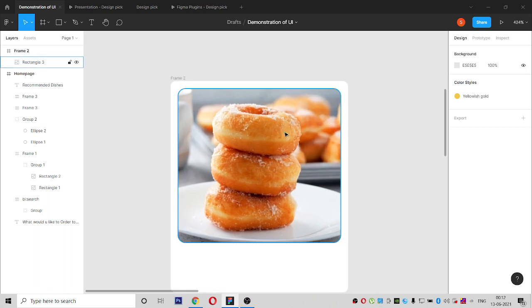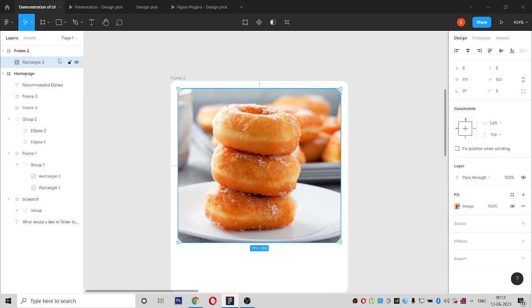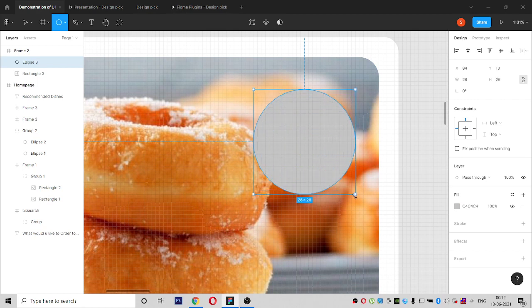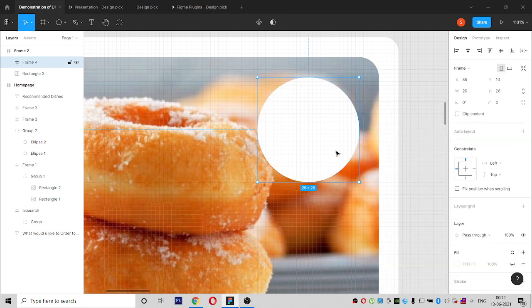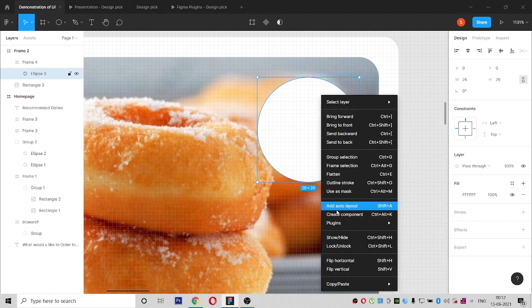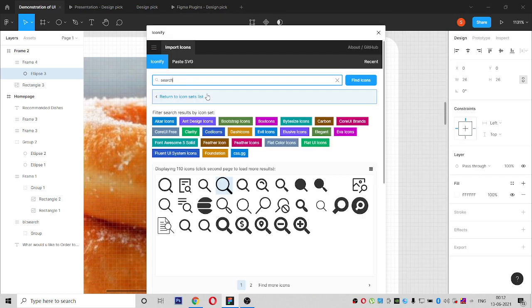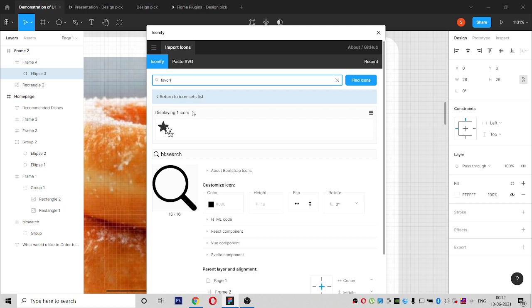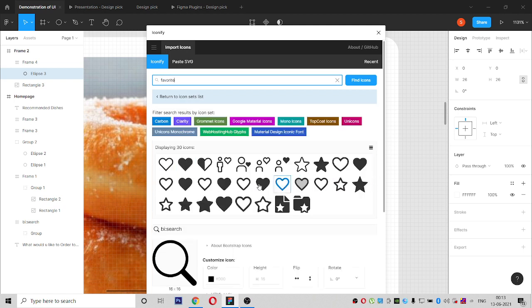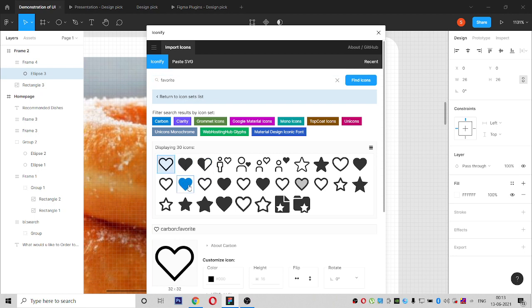Okay. Then what we are going to do is place a wish list favorite. In our language we will mostly use favorite dish, favorite thing, and we will place the favorite option here. Make sure that you are framing it to the particular size, and we have to place an icon inside. So we are going to the Iconify plugin, searching for wish list or favorite. We will get some icons here. We will go with this icon.